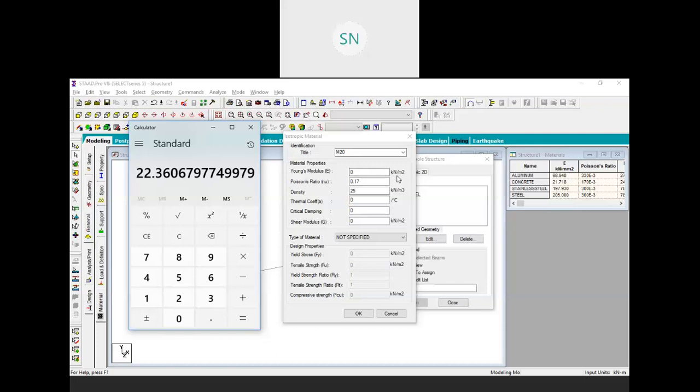Now we will need to convert this mm square into meter square. So we need to multiply this with 6 zeros. Okay. So this is our answer in kilonewton per meter square. It is clear now? Or if you have any confusion?